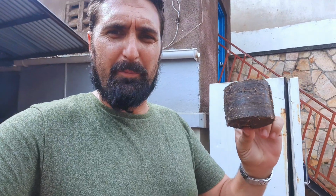All right, everybody, listen up. This right here is a mulch brick. This is a multi-purpose horticultural unit of lake weeds, which has been compressed from the Salvinia molesta plant, which grows